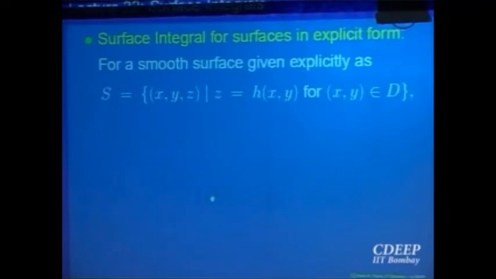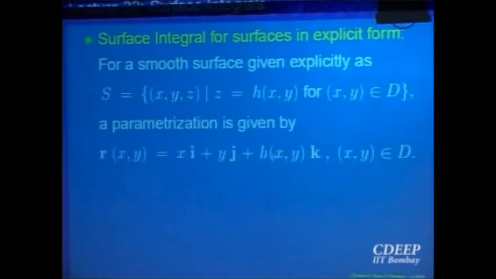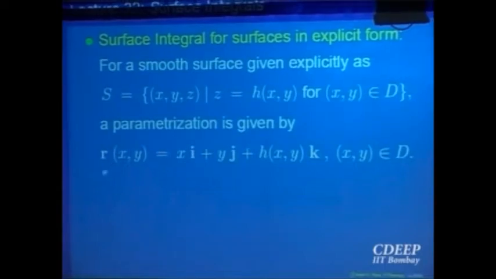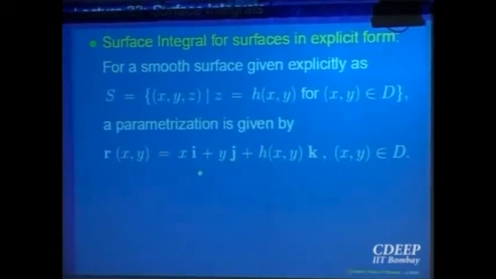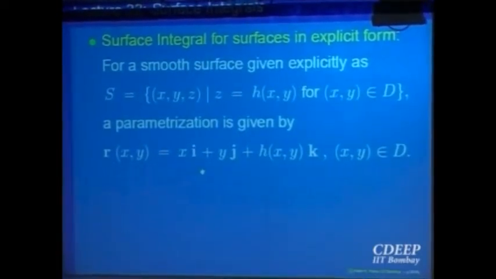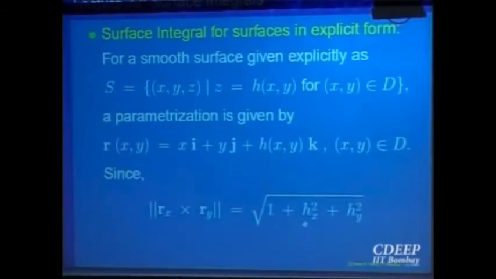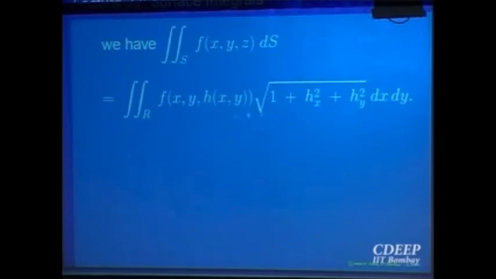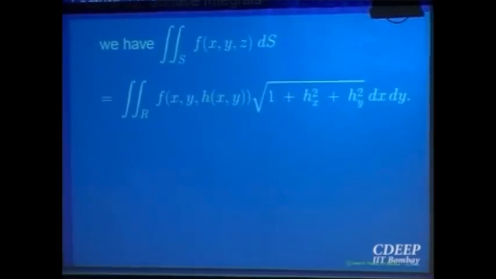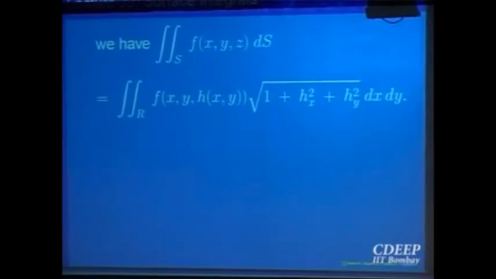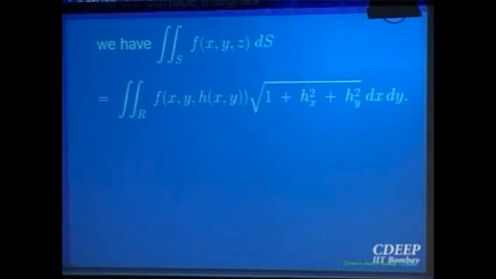So if this is given by this, let us just go through it. I am saying it again and again, this is one parameterization for a surface expressed explicitly as z is equal to h(x, y). So once we do that, we know this is given by this. So we get the formula: if the surface is given by z equal to a function of two variables x and y, then x and y itself can be taken as the parameters for the parametric representation. That is essentially the idea of saying it is representable explicitly.